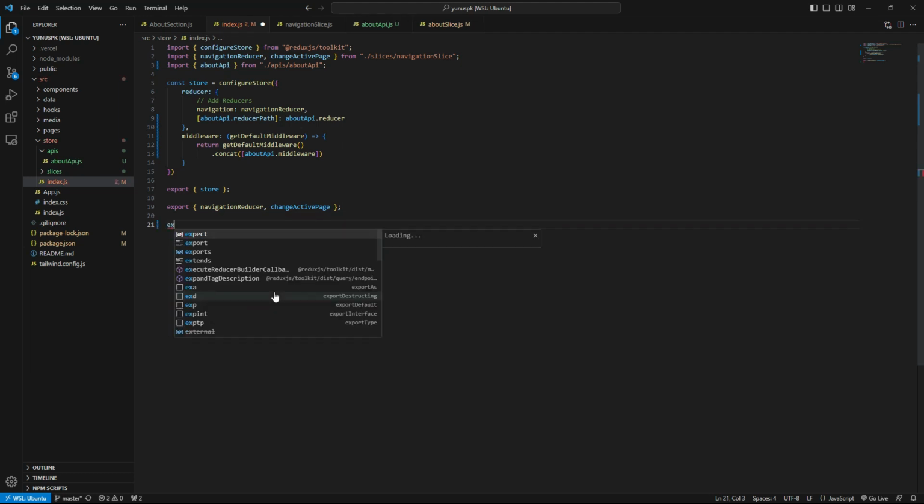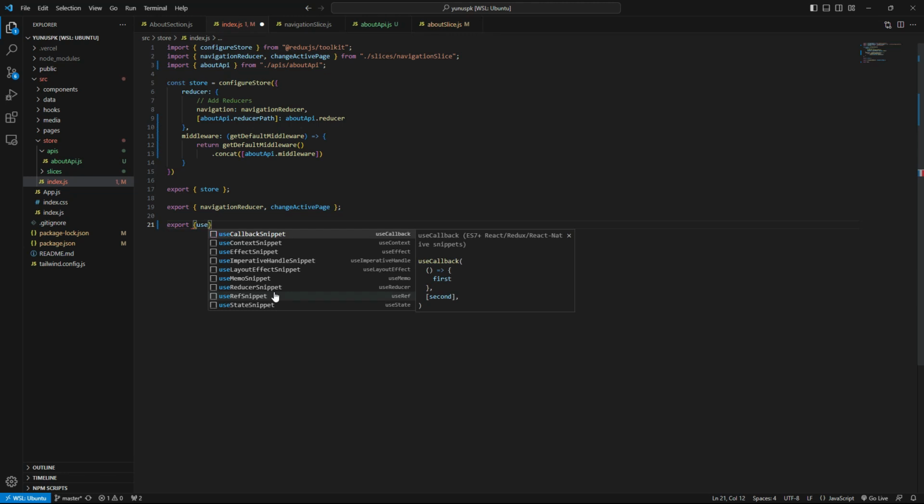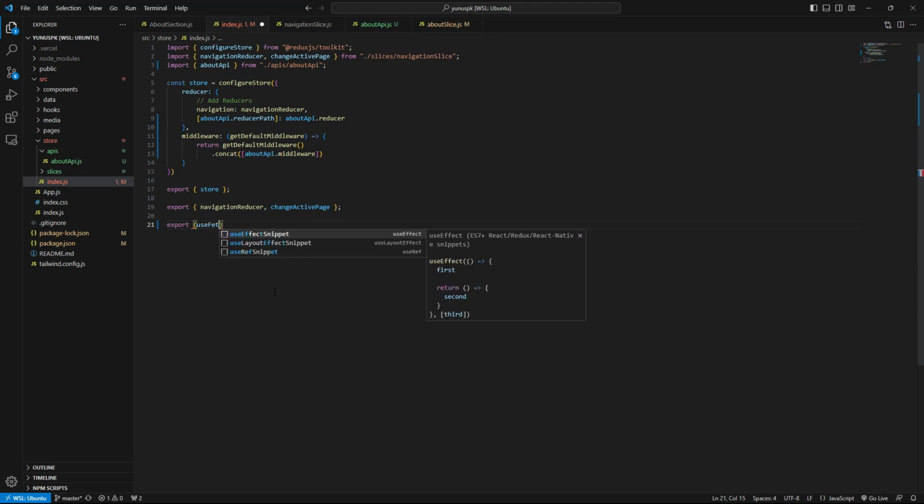And we're gonna export use fetch about data query from /API/about API. Okay, we have this export now. Now what we're gonna do is, well,